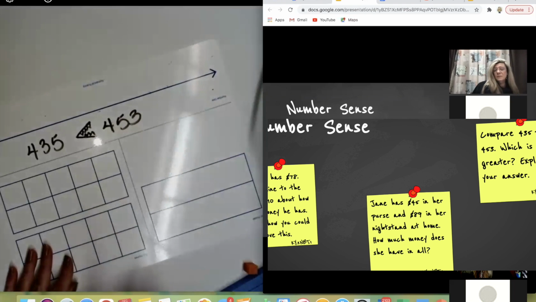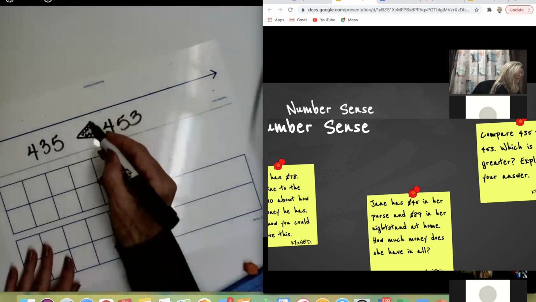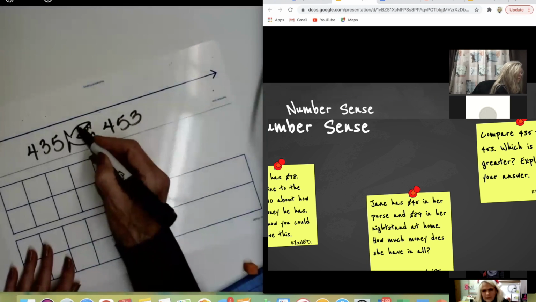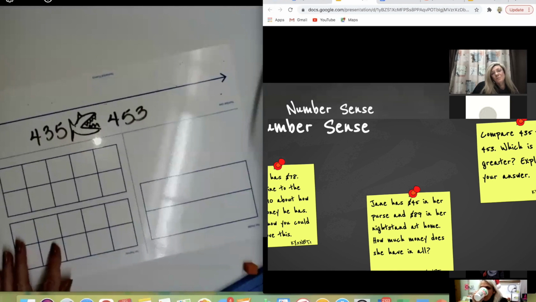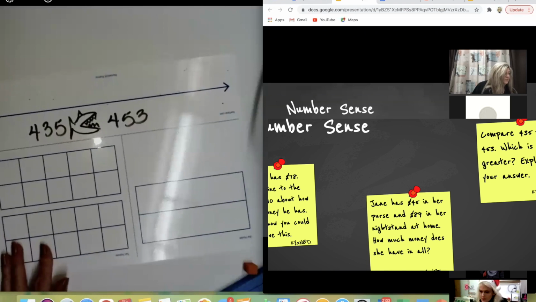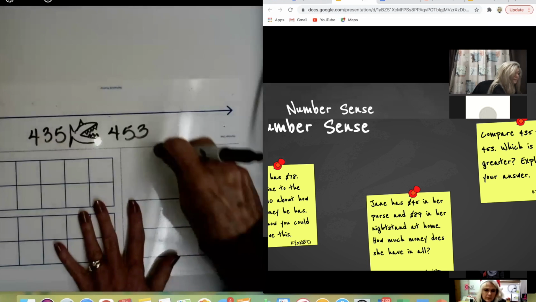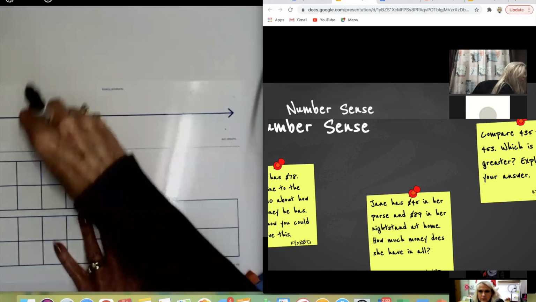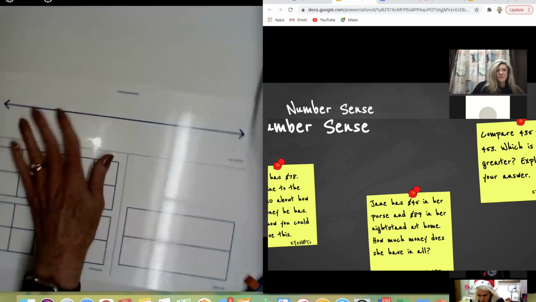It worked. The kids were able to do it. And of course, at first we'd really play it up, make it into a shark, the whole 9 yards, that kind of thing. So whatever works with our kids, that's what we have to do. And they understood. They were getting the concept. They were able to tell me which was the biggest, which number was greater. And then we worried about reading them. That 435 is less than 453.